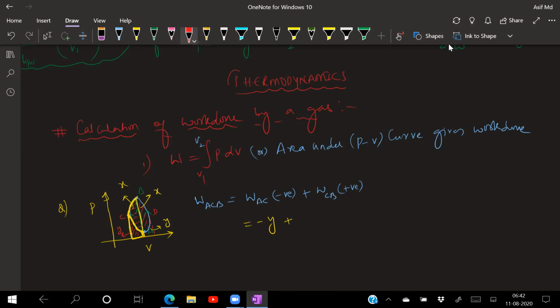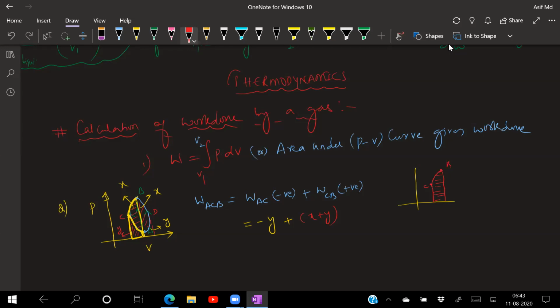If I draw the graph here, this is C and this is B. So this means the area totally under this one. Got it? C to B area will be equal to how much? It is totally X plus Y. In the middle it was X, down is nothing but Y. So it is X plus Y.